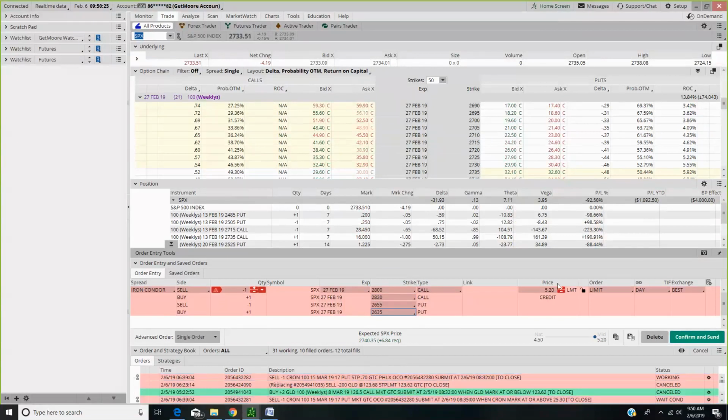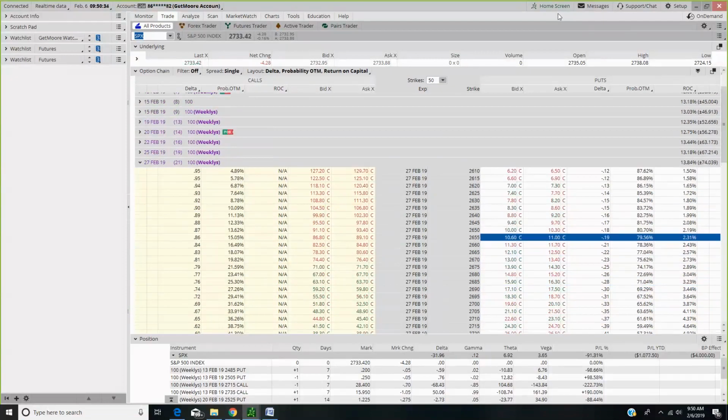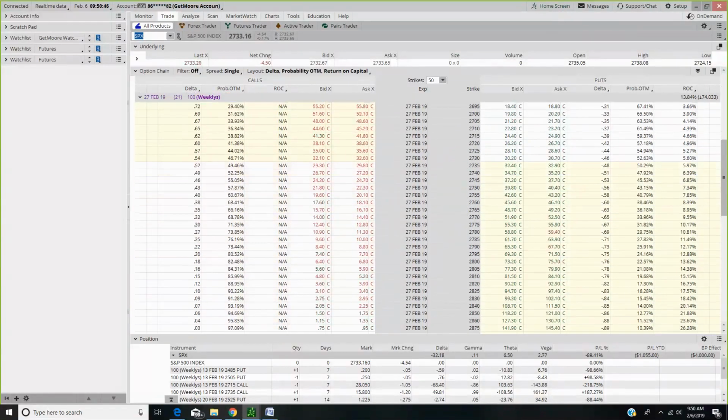So here we go. That's how it looks. I don't know if we got enough credit. We're going to check it out in a minute. So what we've done right now is we're looking to sell the 2655 put, and we're looking to buy the 2635 put. On the call side, scrolling down,